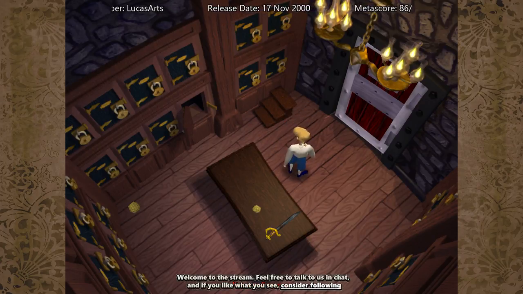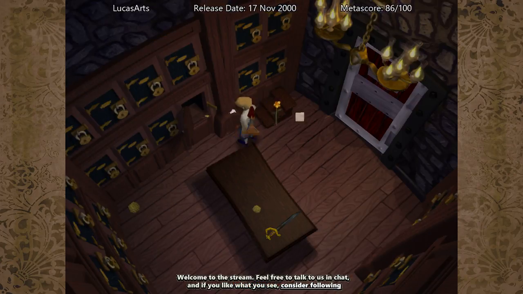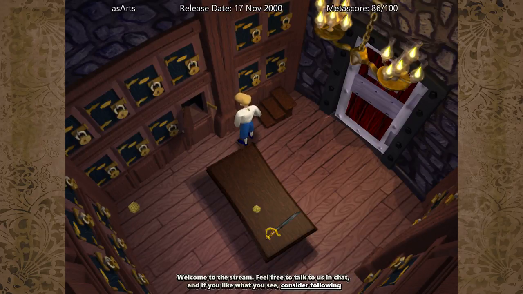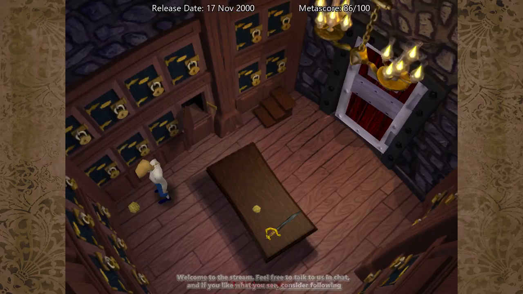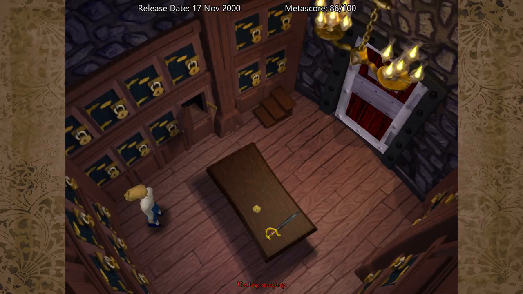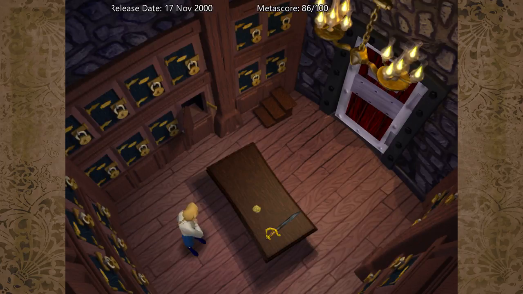All kinds of sea sponges. Why are there sea sponges everywhere? Did we just get robbed by SpongeBob SquarePants or something? Just take it, will you? There. I really need some way to automatically put that in, because bringing up the inventory every time just to